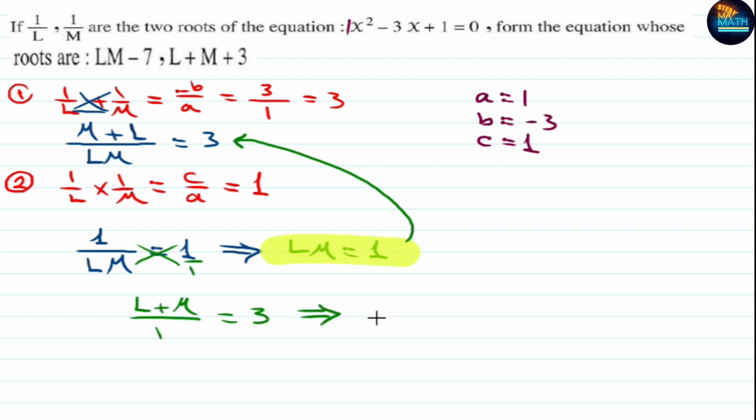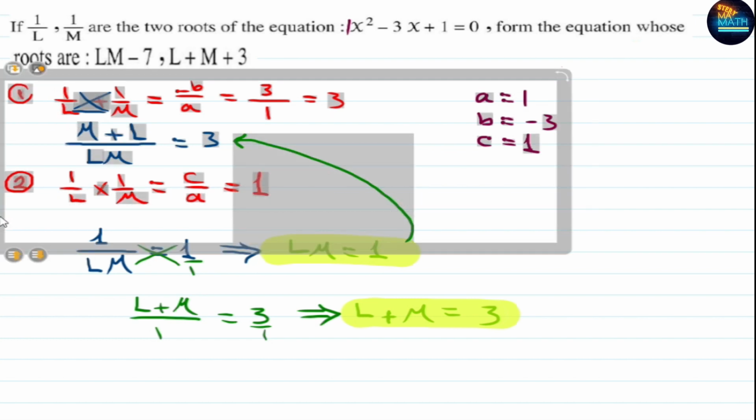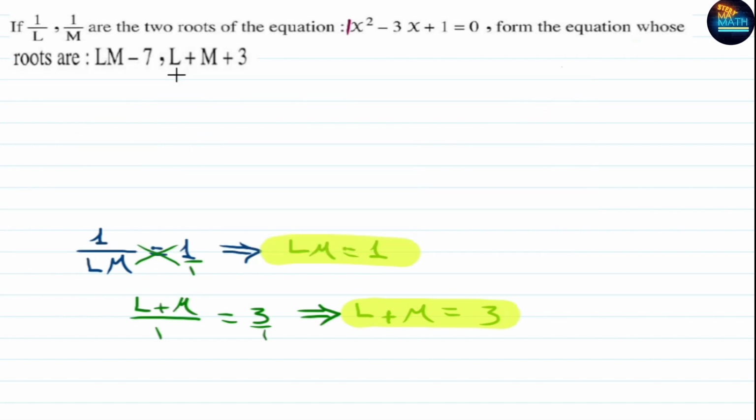Use the cross product. L plus M times 1 is L plus M is equal to 1 times 3, which is 3. Now we have L plus M and L times M. All right. Now, to form the equation from these two roots, LM minus 7 and L plus M plus 3,